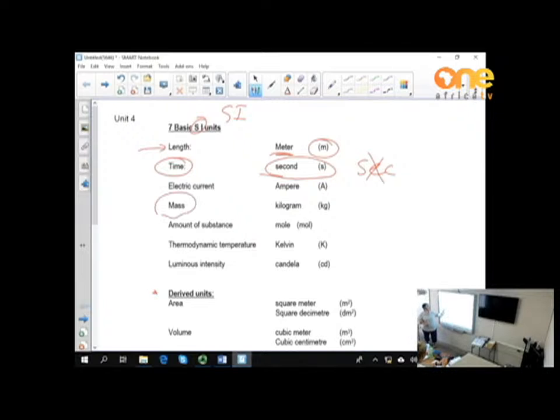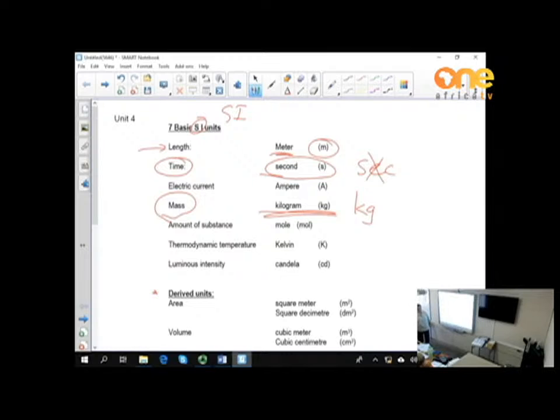Then mass. Mass, the SI unit is the kilogram. And actually, you've been working with it without thinking about it. Remember in grade 8, I would have said to you that if you want to convert your mass to weight, we multiply mass in kilogram times 10. And why did we use kilogram? It's the SI unit, the international unit. Okay, so mass in kilogram. The symbol for kilogram is a small letter k and a small letter g,